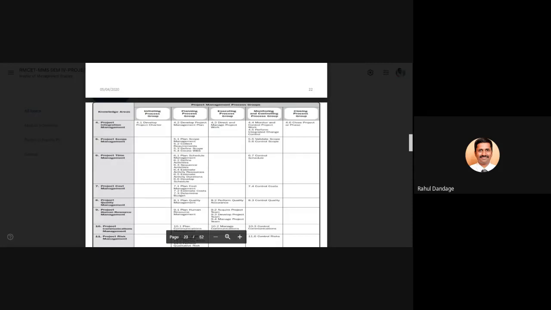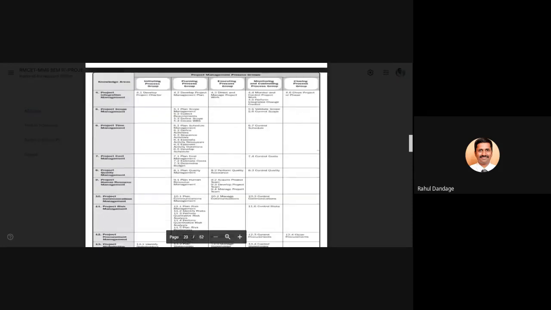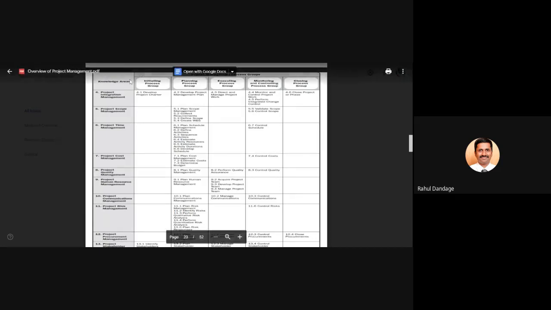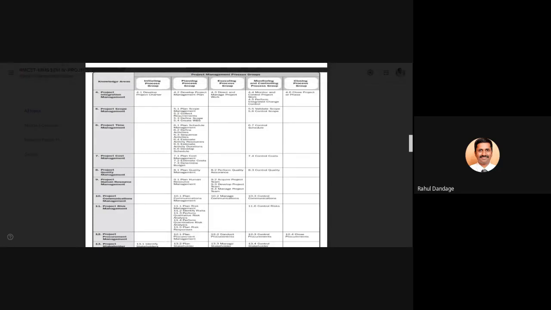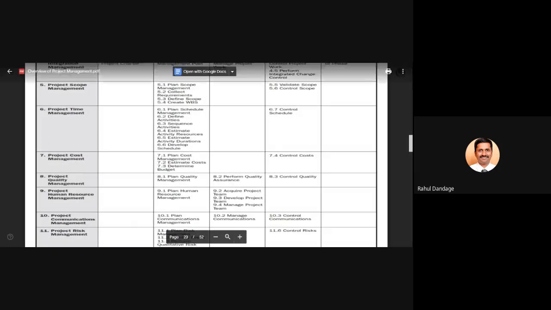Okay, so I am representing this in a tabular format in front of you, where the first column is about the knowledge areas. You can see there are various knowledge areas listed one below another, correct? And in the first row, these are the project management process groups, the 5 process groups we have discussed, they have been mentioned. So check whether this diagram is visible to you,